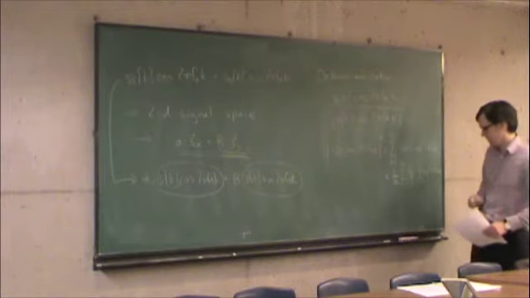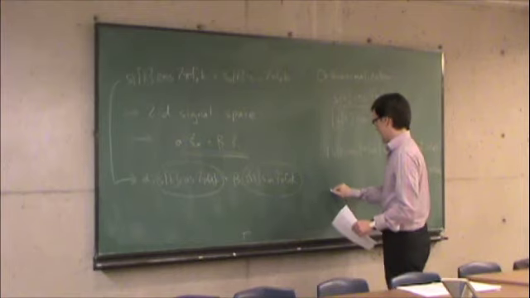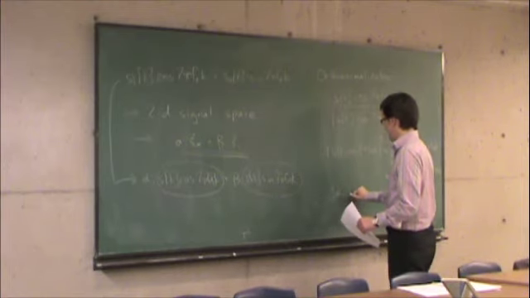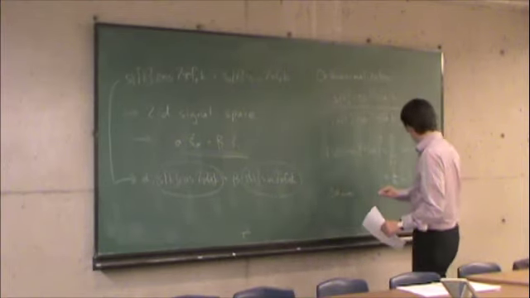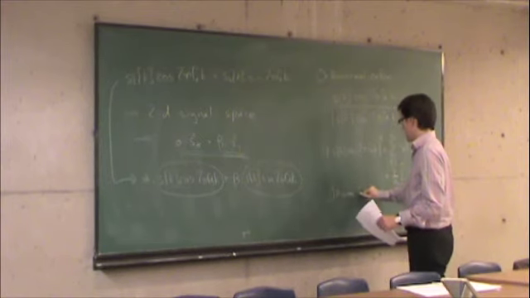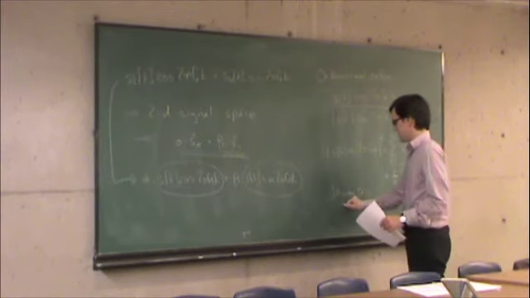So I'm going to hand wave here. First I'm going to assume that f d is an integer multiple